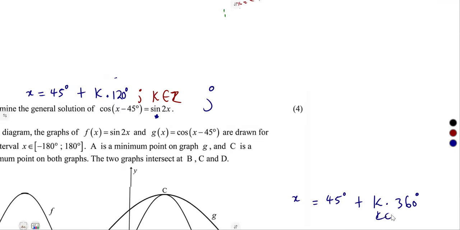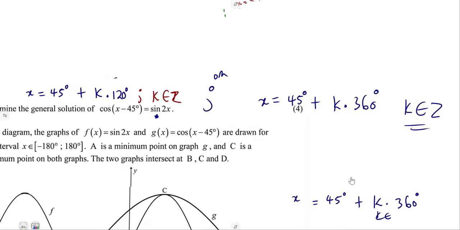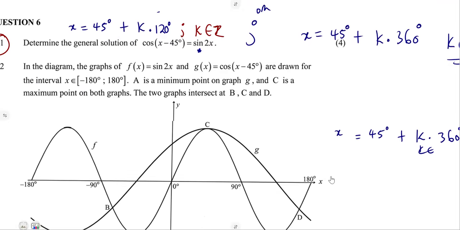So that is what we had here. So I'm just going to take it here. We have got x, which is equal to what? 45 degrees plus k times 360. For both conditions, our k must be an integer. All right. Then we are later given